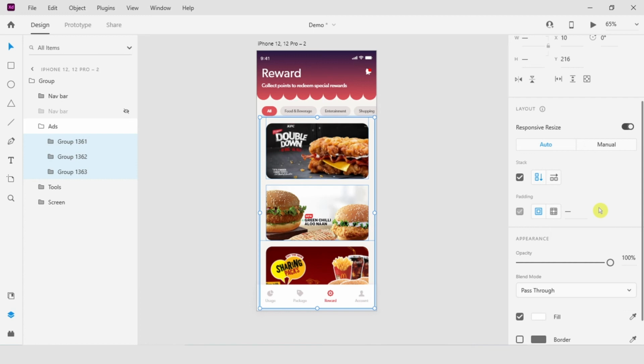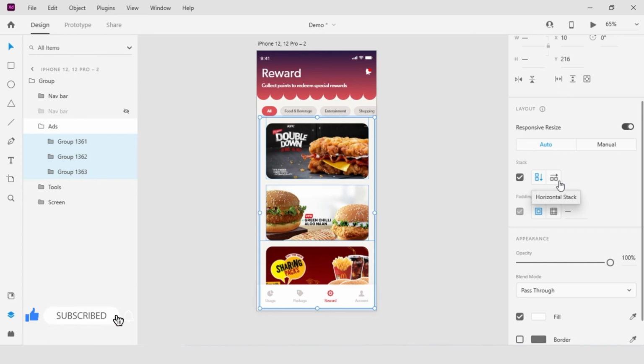When I check the stack checkbox, notice that there are two icons here on the right and the one towards the left is selected. What happens is XD is going to analyze the contents that I want to treat as a stack and try to make a guess if it seems as though I am moving the content up and down, vertically, or across horizontally. I can always override that by toggling to the other icon, but XD is going to usually guess things pretty correctly. And in this case it definitely did.